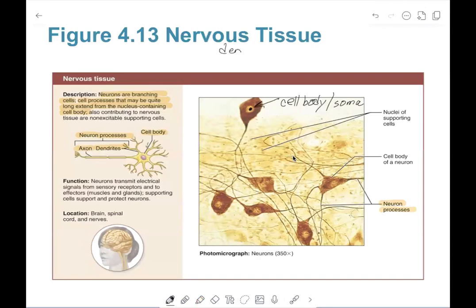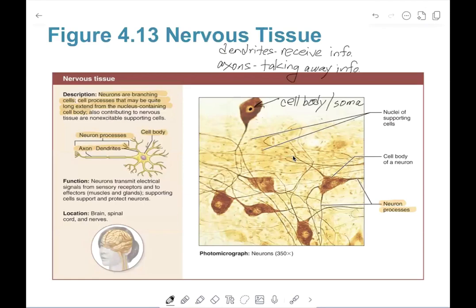So the dendrites are neuron processes that receive information, and the axons are responsible for taking away information from the cell body, and they could take that information to another neuron, or they could take that information to a muscle